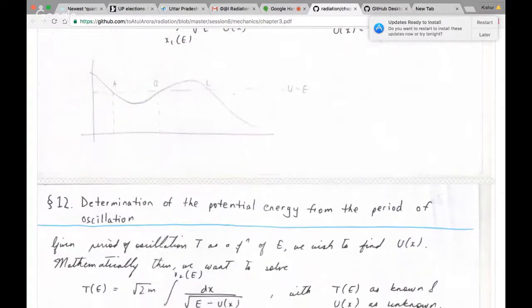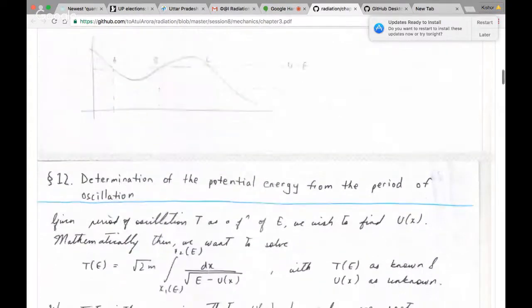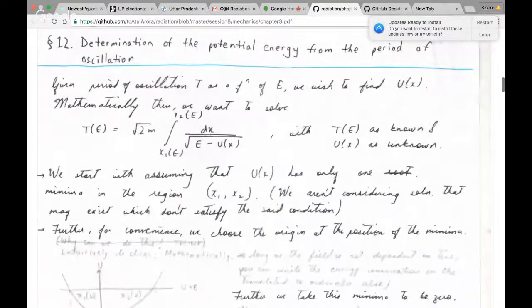Okay. So the next thing is the determination of the potential energy from the period of oscillation. In our earlier case, we calculated the time period. Now, once you know the time period, how do you calculate the potential energy? Given the period of oscillation T as a function of E, we wish to find U of x. Mathematically, then, we want to solve T of E equal to under root 2m, this integral,